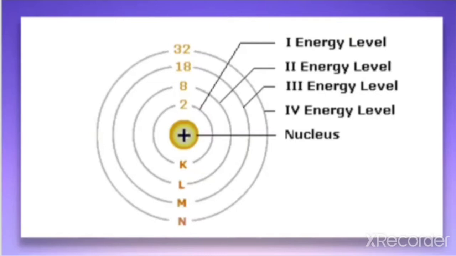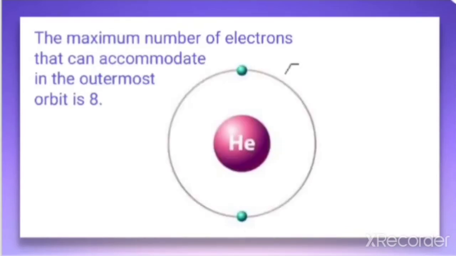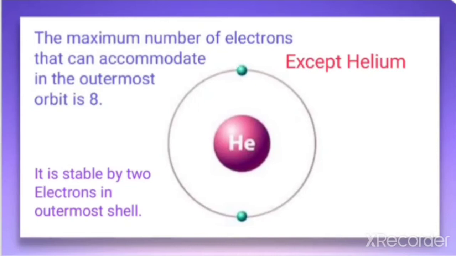On the basis of this, we have already discussed the atomic structure for different elements. The octet rule says that the maximum number of electrons that can be accommodated in the outermost orbit is 8. So in an atom, if the outermost shell accommodates 8 electrons, then it will be in a more stable form. The exception is helium, in which the first shell holds a maximum of 2 electrons,